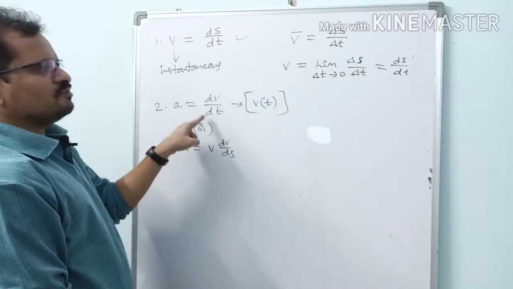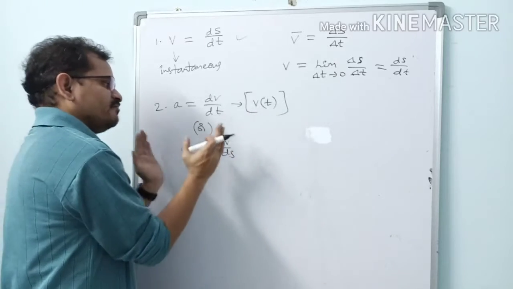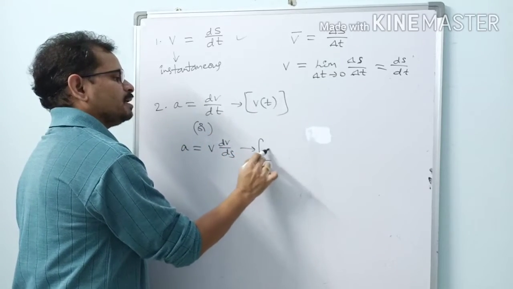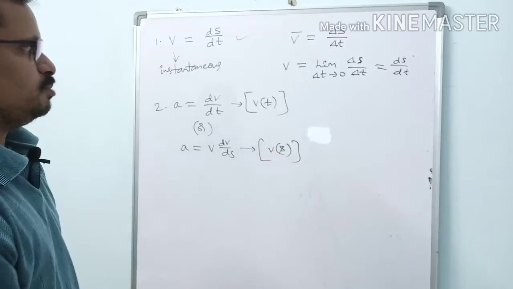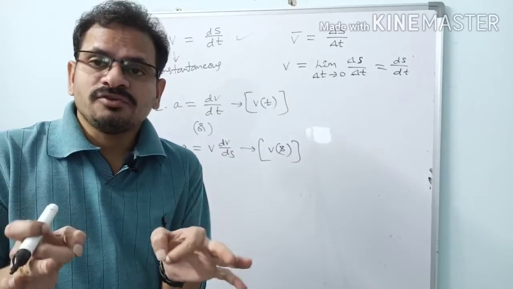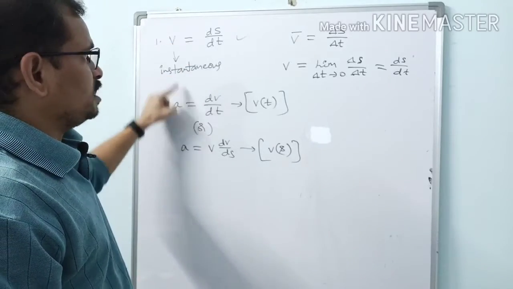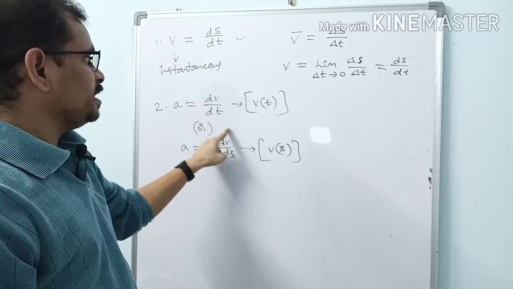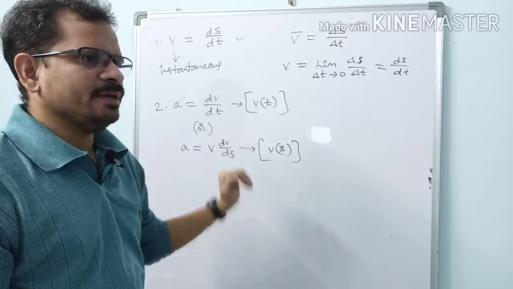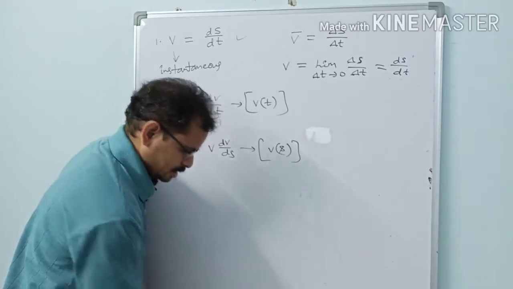Okay, this one is applied when velocity is given as a function of time, and when this can be applied when velocity is given as a function of displacement. For non-uniform acceleration, here we are having these formulae. What is the first one? v equal to ds by dt, other two are a equal to dv by dt and a equal to v dv by ds. For differentiation as well as for integration, these are the formulae.